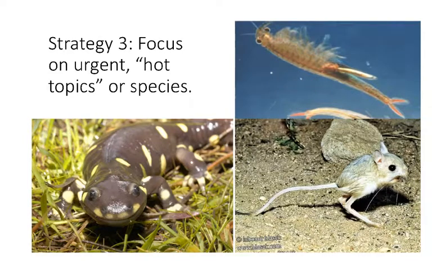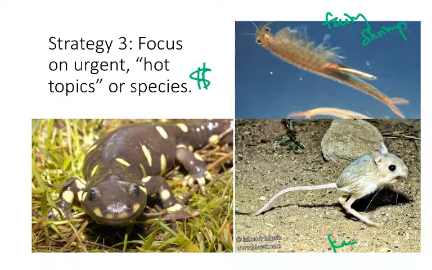And then lastly, for a third potential strategy is to focus on urgent hot topics or species. And the reason why this is a potentially useful strategy is that these types of studies are more likely to be funded because you're proposing to look at endangered species, for instance. So all 3 of these species shown here on this slide are endangered California species. So this is a fairy shrimp,